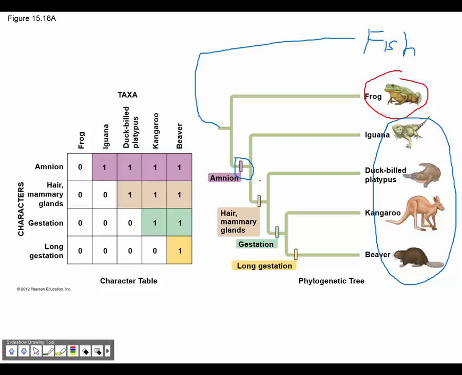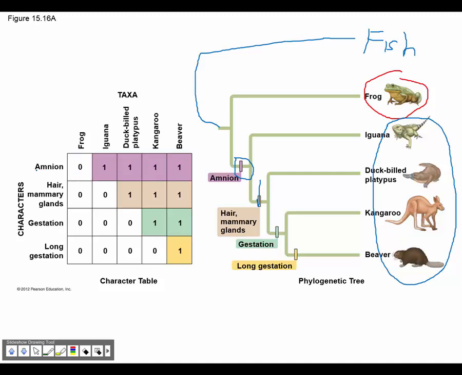And so from here we have hair, mammary glands, right? Like I said, platypus, they kind of sweat their milk, right? And then some sort of gestation, because platypus lay eggs just like the iguana. Kangaroos have a very short gestation, but they have a gestation, and then a long gestation, the placental mammals. And so over here we have the presence, absence